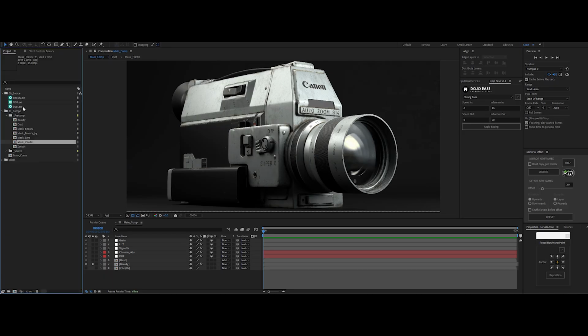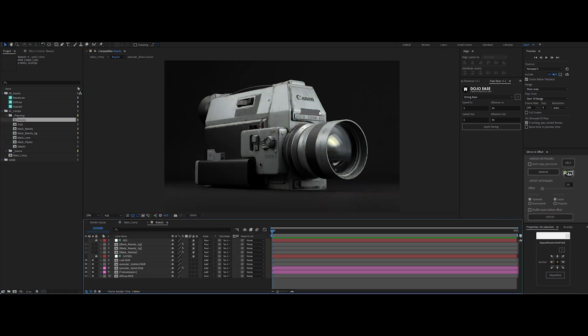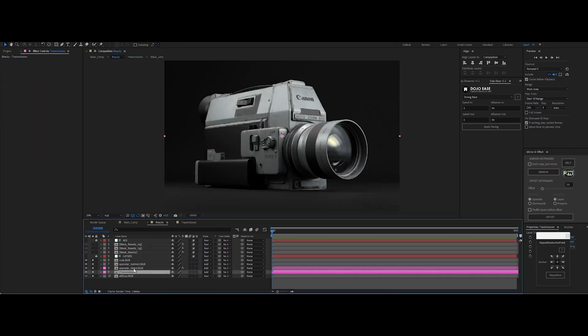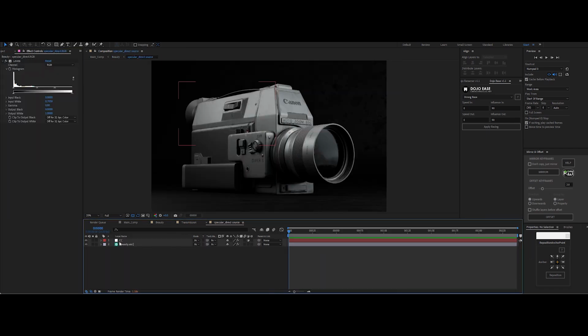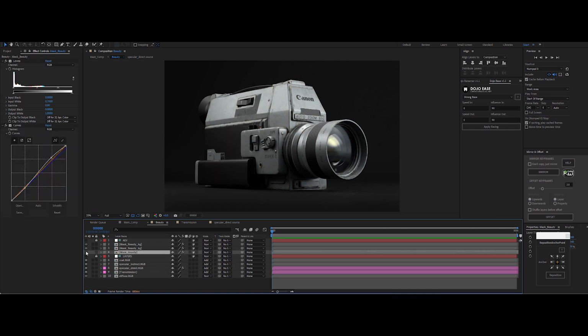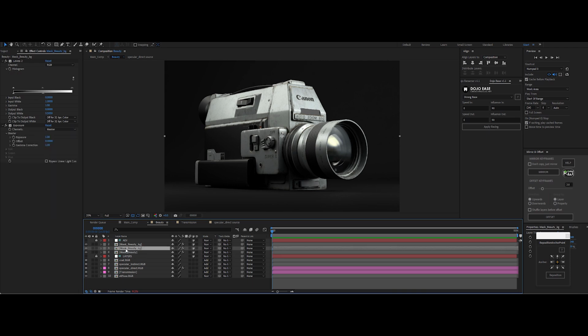Alright, it's time to wrap this up with some killer compositing. Let's break it down. First off, I started with a beauty reconstruction using all the passes. Tweaked the transmission slightly to give the lens some extra contrast. And on the specular highlights, I masked out the top of the camera to tone them down. Subtle, but effective. Next, I worked on the beauty mask for the camera, applying contrast and curves adjustments to make it pop. Added a couple of masks to darken the background slightly for that moody vibe.